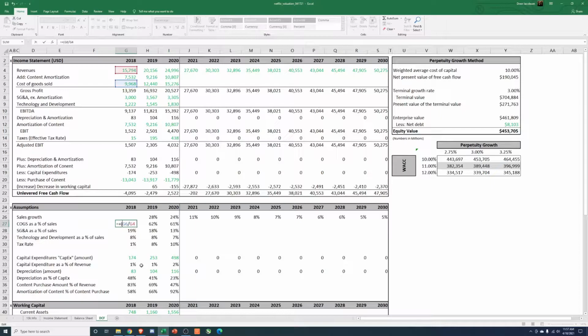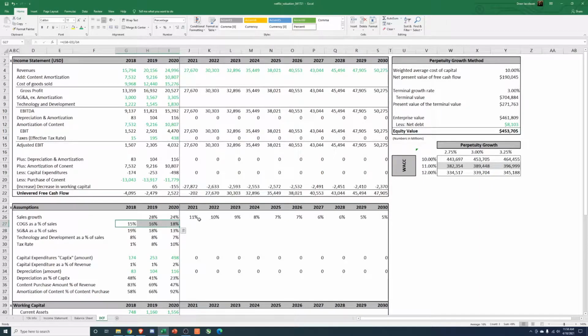For most companies, this would hold true and you could probably just leave it as that, but we'll do G6 minus G5, divided by G4. So this gets us the actual remaining cost of goods. I'm not surprised that this is super low, because this is probably the infrastructure, data centers, things like that to keep the company going.